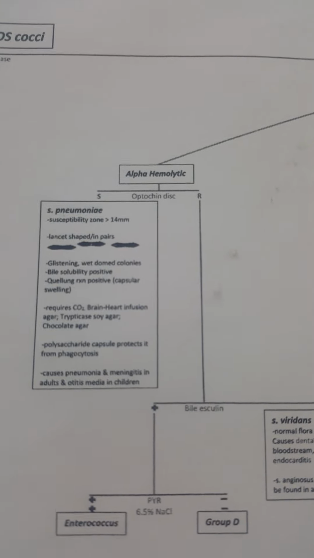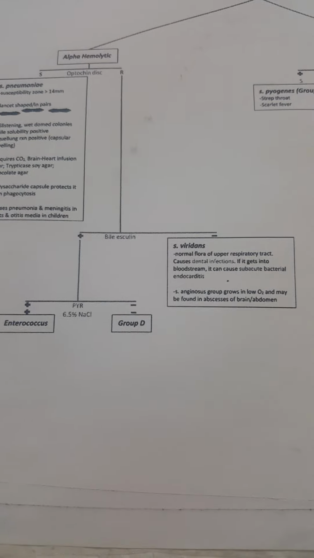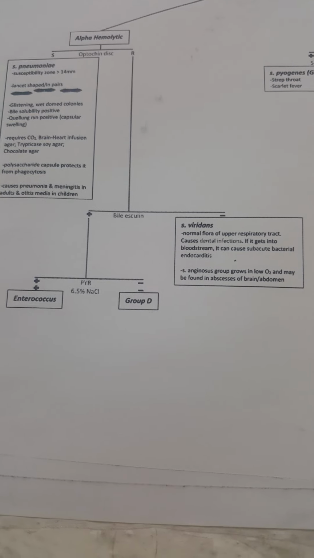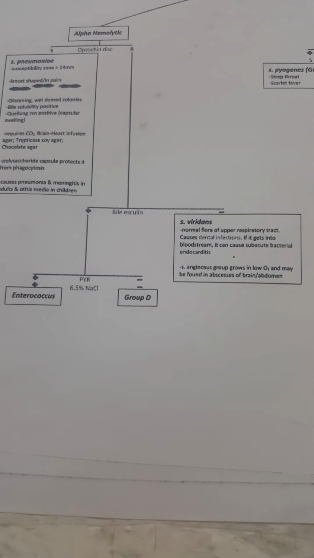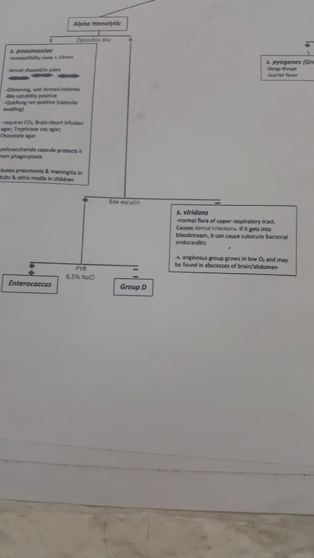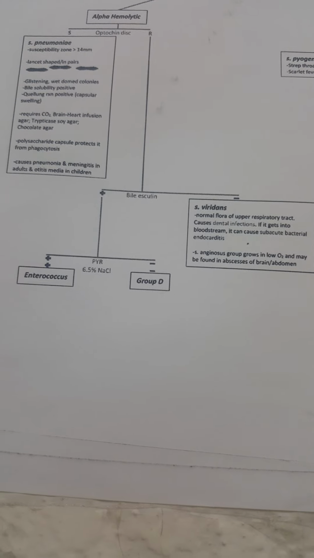And if the Optochin disc is resistant, then we go for the bile esculin test. If the bile esculin test is negative, then it is Viridans species, which is normal flora of the upper respiratory tract and causes dental infection. If it gets into the bloodstream, it causes subacute bacterial endocarditis. The anginosus group grows in low oxygen and may be found in abscesses of the brain and abdomen. Bile esculin positive, PYR positive, NaCl 6.5% positive is Enterococcus, and